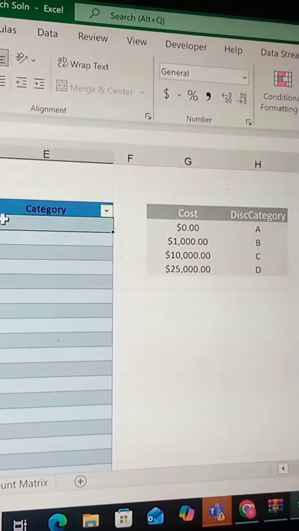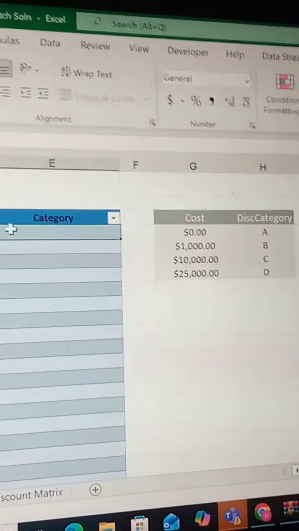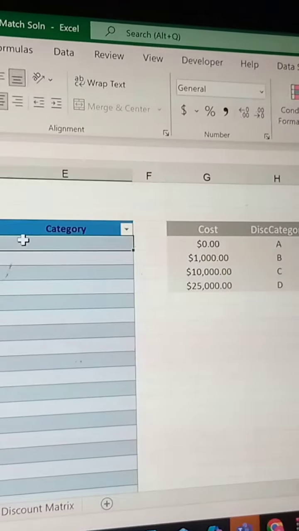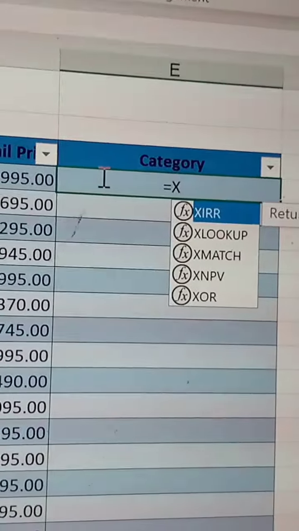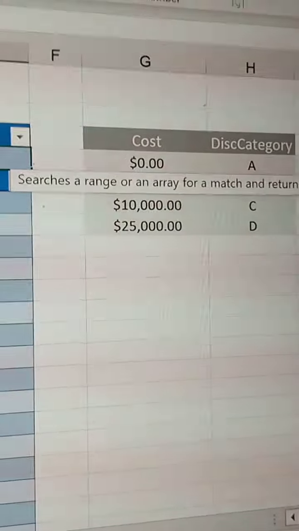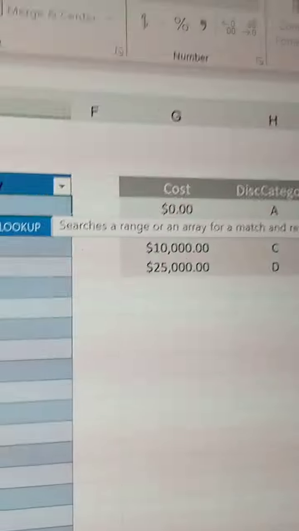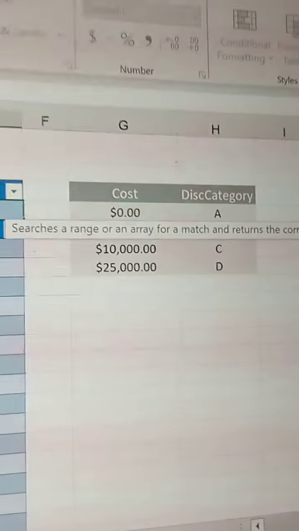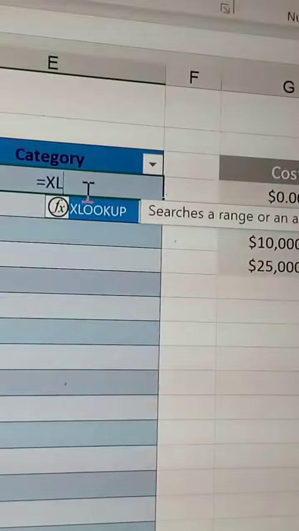Guys, this is a quick guide on how to use an Excel XLOOKUP function. The very first thing that we need to do, we type equal sign because it is a function. Then we type XL, it is going to give us XLOOKUP. Then from there we can see what XLOOKUP exactly does. It searches a range or an array for a match and return the corresponding item from a second range or array. So we are going to double click on that,